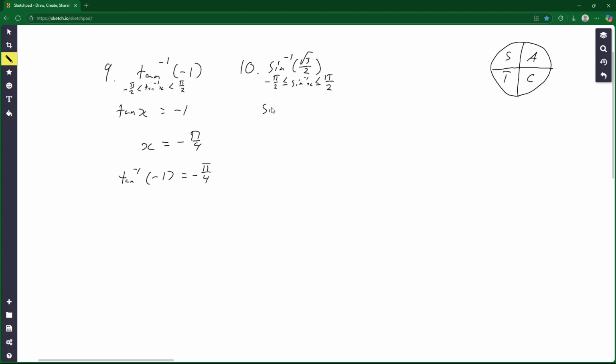What does sine of x need to be to equal root 3 over 2? This is going to be between quadrant 1 and quadrant 4. So x needs to equal pi over 3,